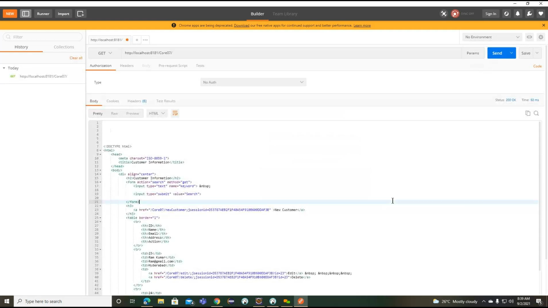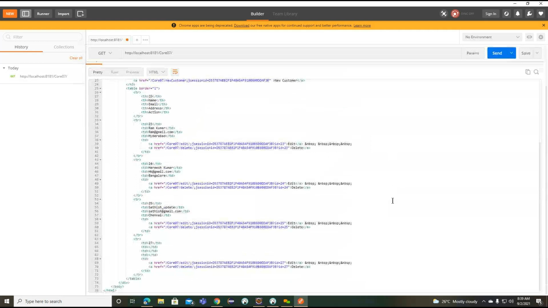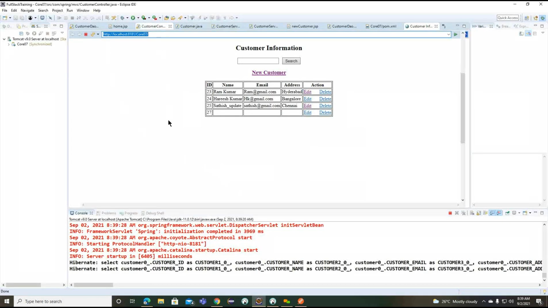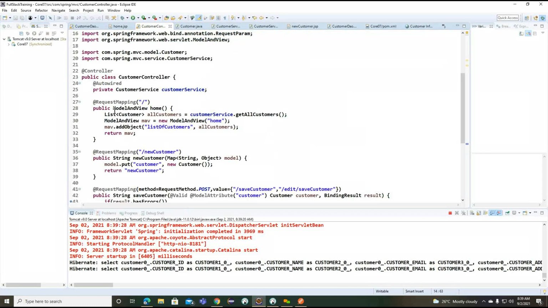Now what is happening internally? Now you can see what we are getting here is nothing but the particular page being returned. Why is this particular page returned? If you see here, from the controller class we are returning the model and view object.